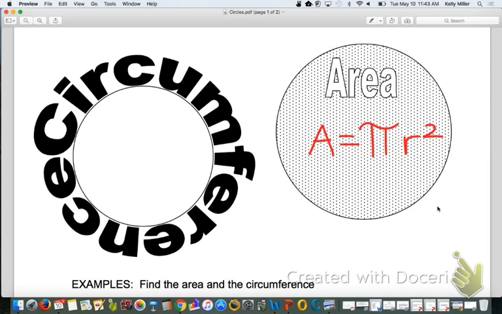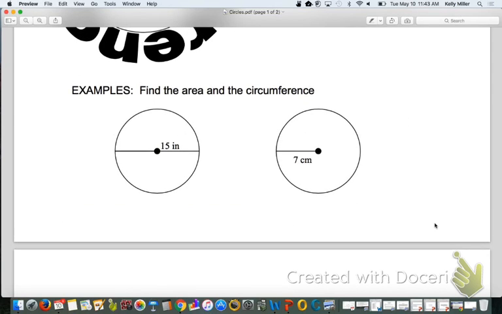All right, so if we use that formula for the bottom two, we already found the circumference of those bottom two circles. So now let's find the areas of them. So for the first one, what's your radius of this circle? Right, 7.5. So to find the area, we're going to do pi times 7.5 squared. So on our calculator, the order of operations, I would do 7.5 squared first, times pi. And we get an area of approximately